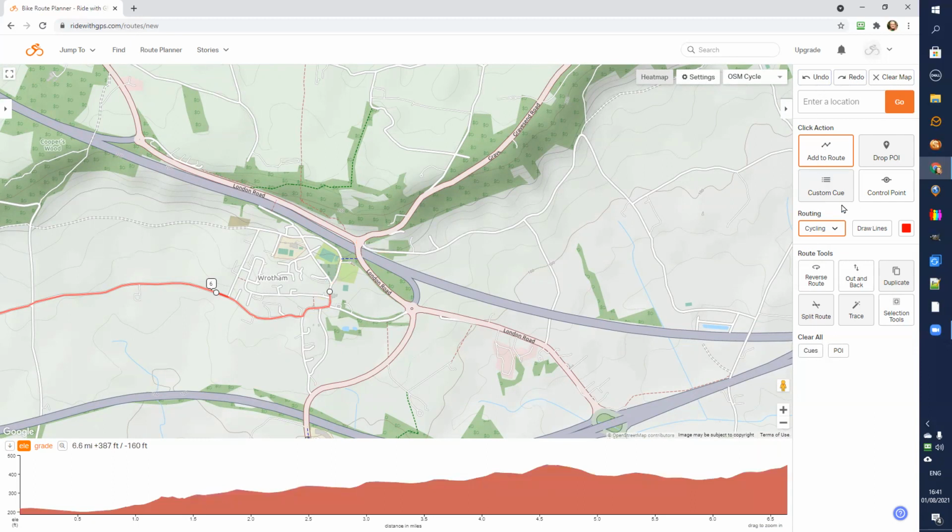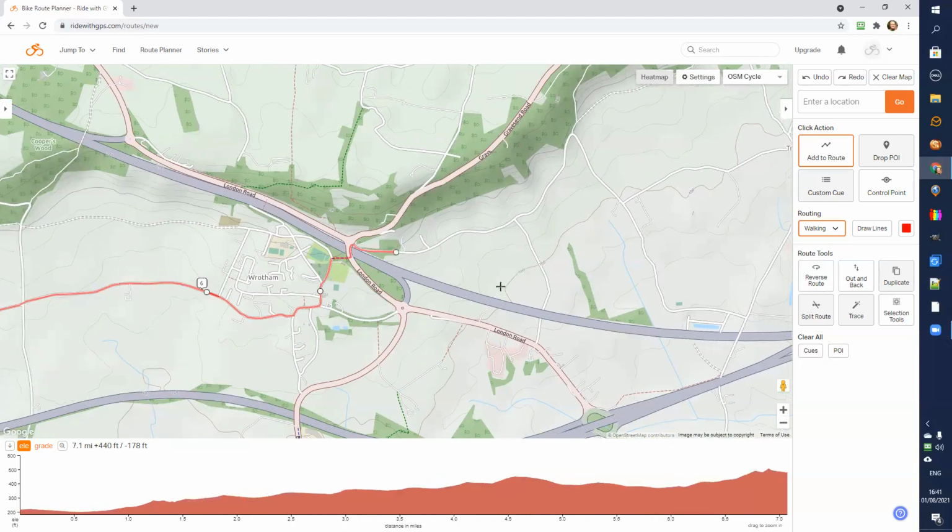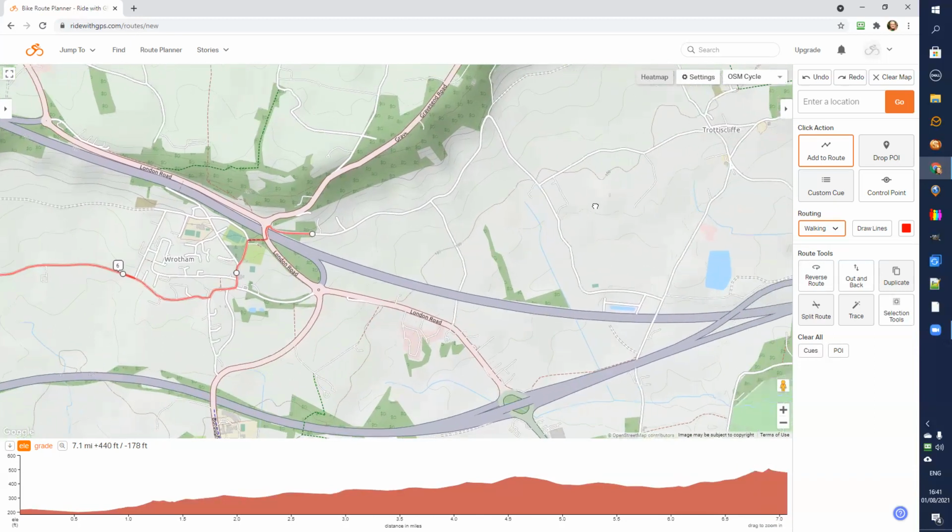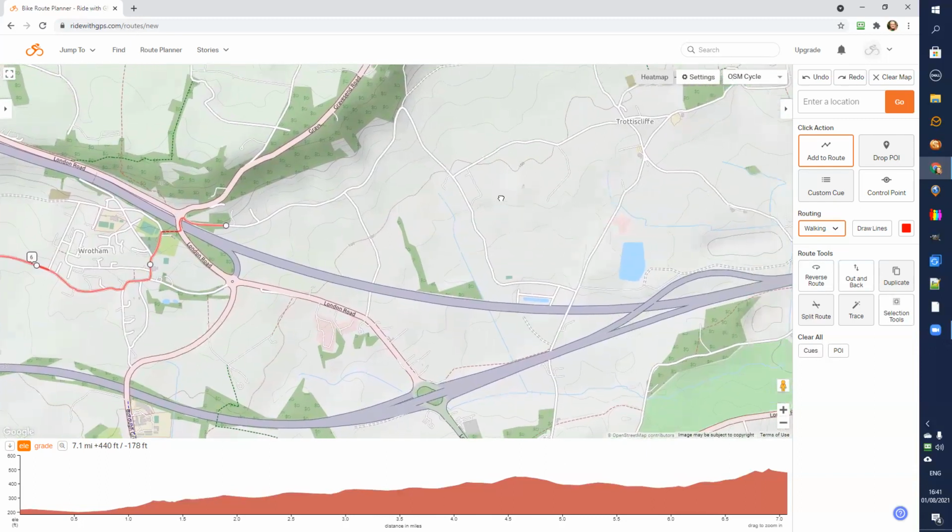I'm then going to change the routing to walking, click. I'm then going to try again going along the Pilgrim's Way. Great. What it's done, it's taken me along the footpath. It assumes I'm going to cross the road, walk up the footpath, turn right along the Pilgrim's Way. So far, so good. Now I'm doing a left click, I'm dragging the map over,